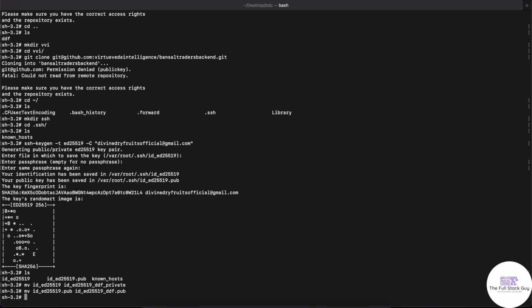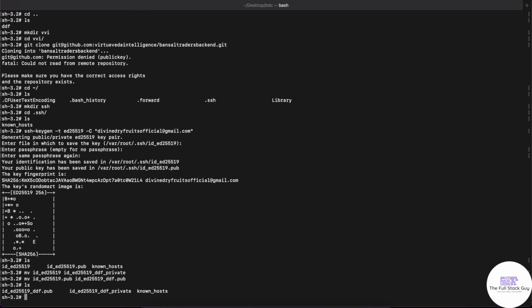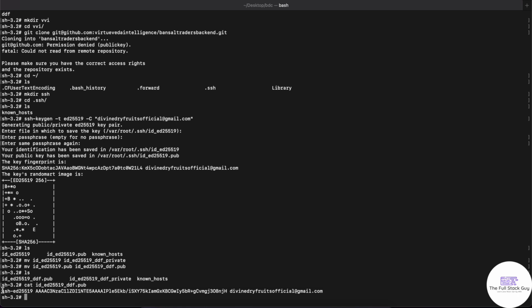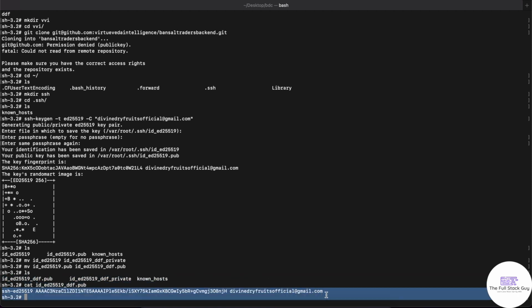Okay. Now if you do ls again, yes. Now what you have to do is cat the id_ed25519_ddf.pub file. You have to see its content. Yeah, enter. Yeah, now this is the key. This key we are going to configure in our GitHub. Okay, so if you copy this,